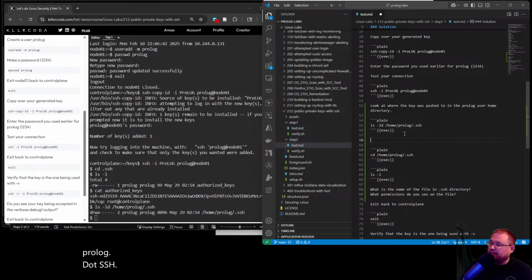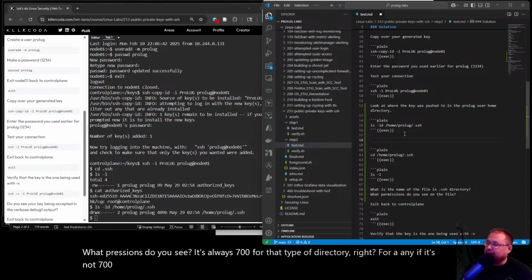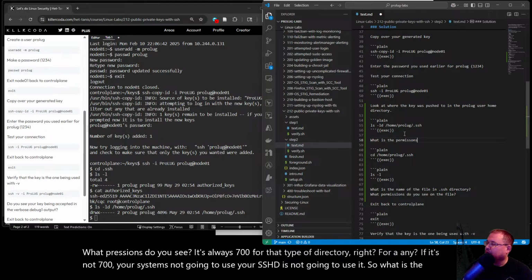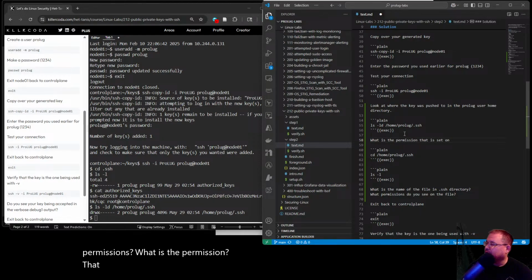What permissions do you see? It's always 700 for that type of directory, right? And if it's not 700, your system's not going to use it. Your sshd is not going to use it. So what is the permission that is set on the .ssh directory?